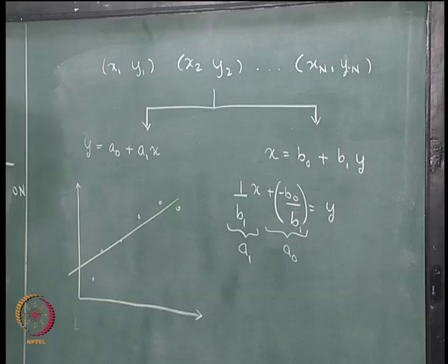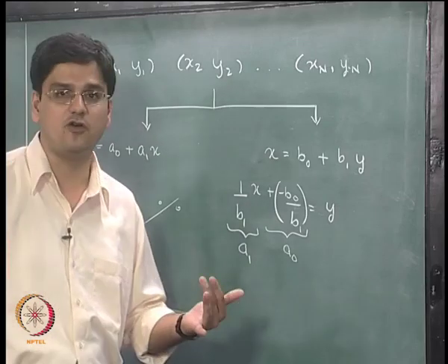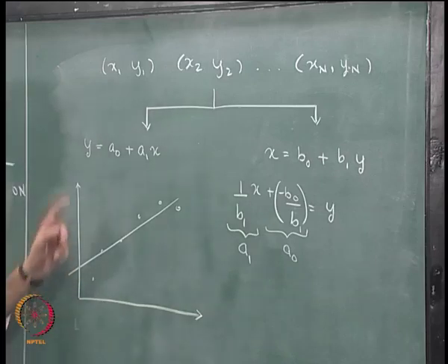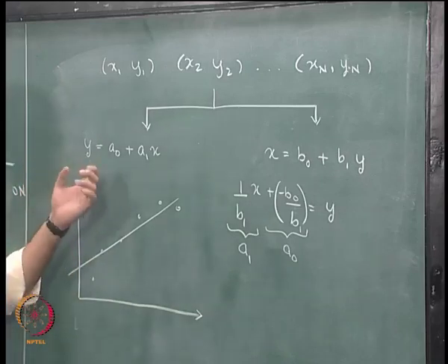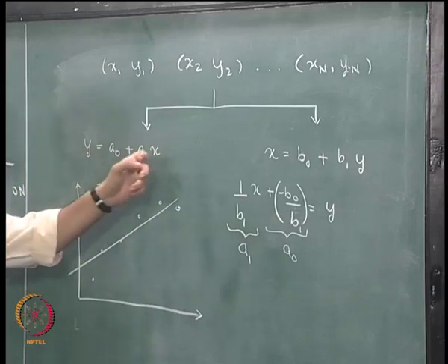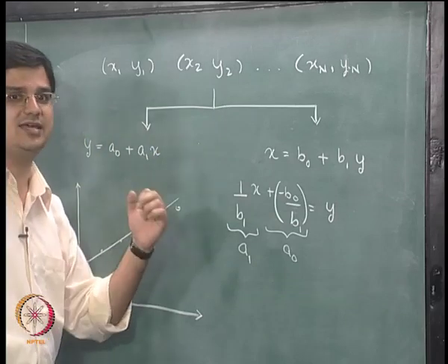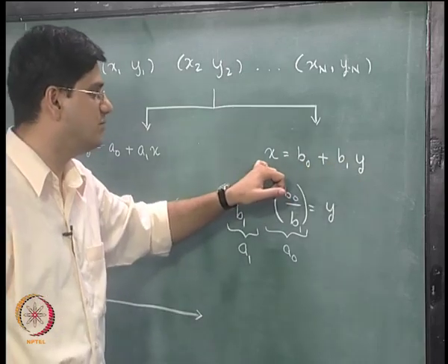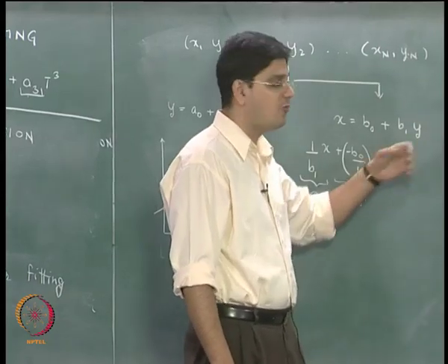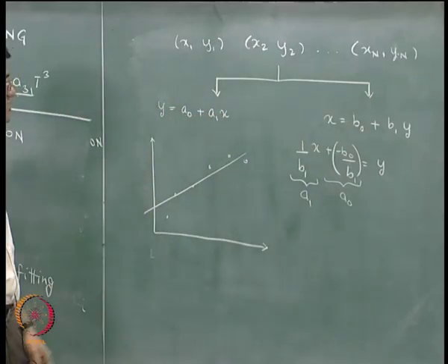And the answer to that question is it depends on what we used as our functional form in order to get this regression fit. Remember the functional form that we used, this was the model, and then we had certain errors. In this case, we assumed yi was a0 plus a1 xi plus ei. In the other case it is going to be xi equal to b0 plus b1 yi plus ei. So in this case we are assuming that the errors are in x, and in the other case we are assuming that the errors were in y.